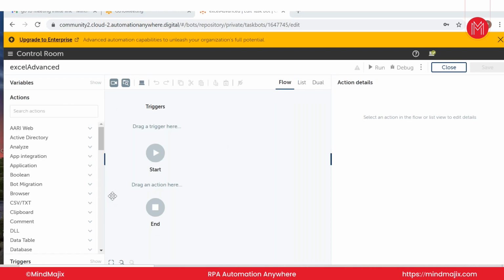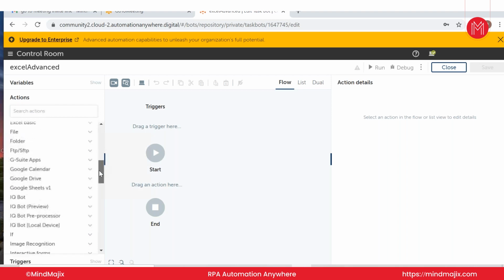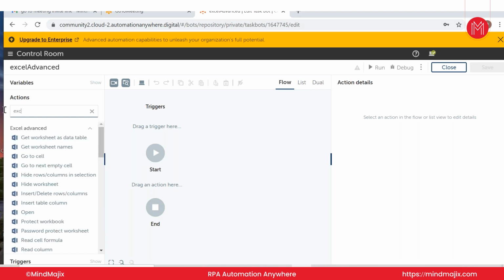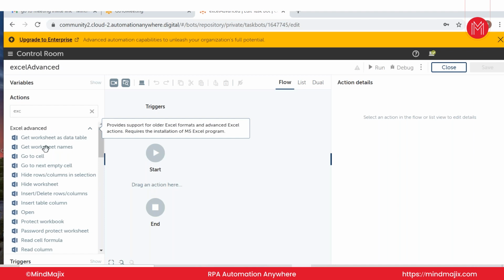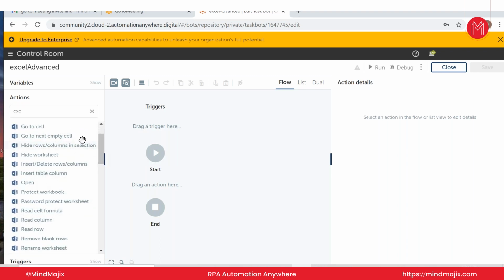So this is the format it will come in, on the left hand side. In the Actions column you can see there are a lot of actions which we will be covering. Here we will see Excel. We discussed these three types of Excel: Excel Advanced, Excel Basic, and Office 365 Excel. In this demo, we'll see how Excel Advanced works. These are the actions inside Excel Advanced. So let us create a bot. First, we have to